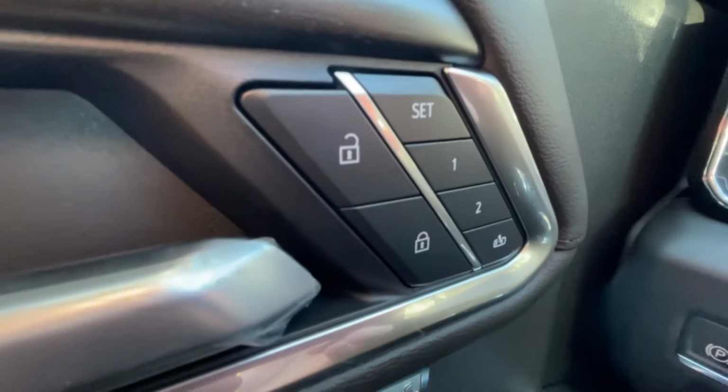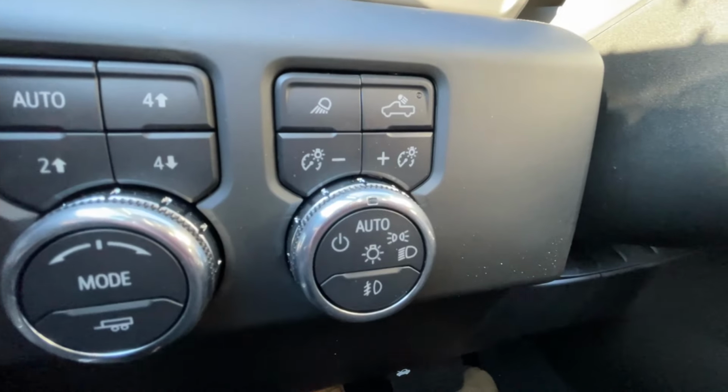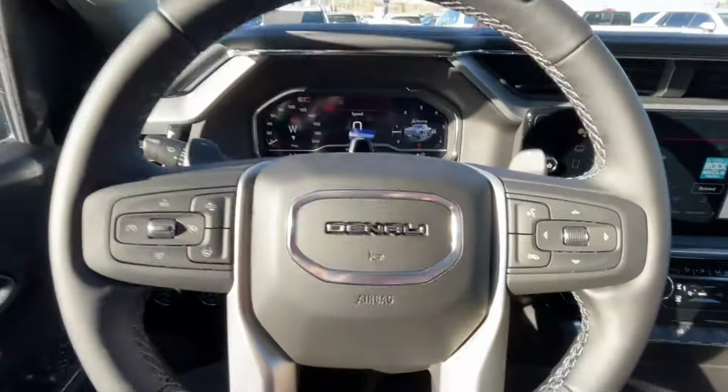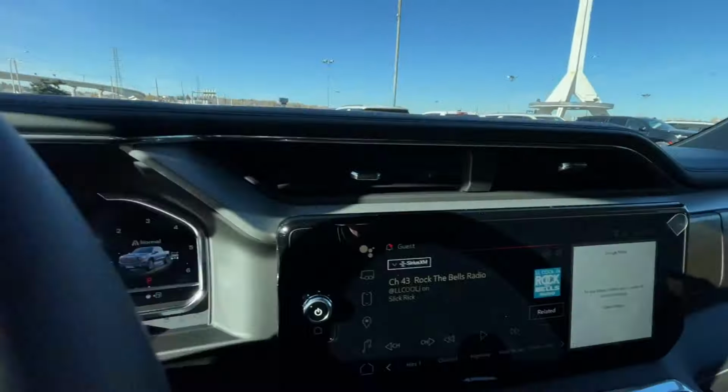Taking a look inside the Denali, starting off on your left-hand side, we have the controls for your power locks, windows, and folding and adjustable mirrors, electronic parking brake, button-activated trailer and driving modes, automatic headlights and fog lights toggle, heads-up display controls, leather-wrapped heated steering wheel with paddle shifters, full digital gauge cluster, heads-up display I previously mentioned, 13.4-inch